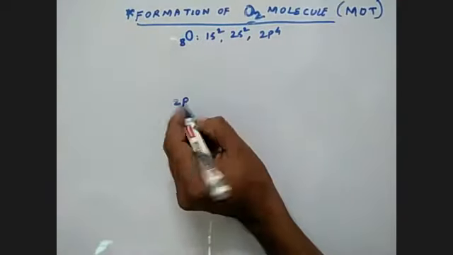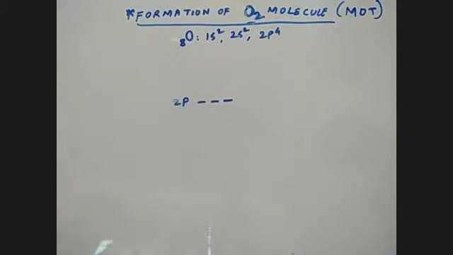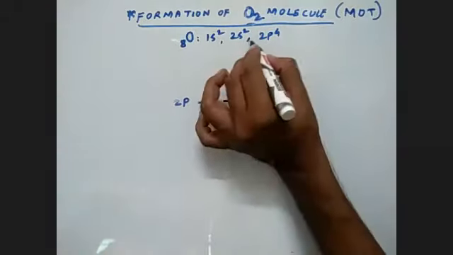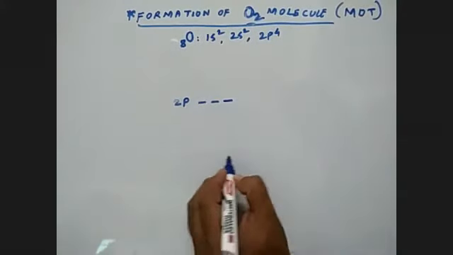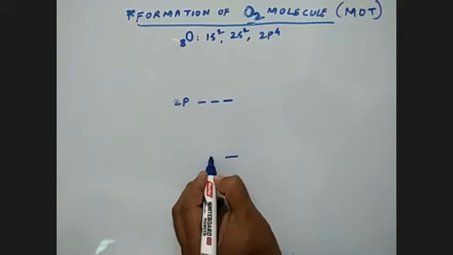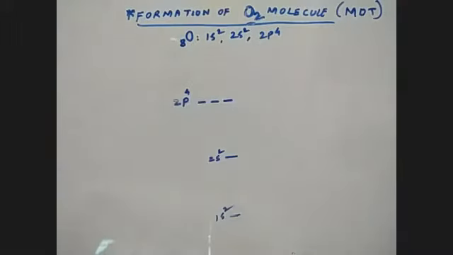So write these 3 orbitals, 1, 2, 3. And what is another? Another lower in energy is 2s2, so we can write here. This is 2s2 which is low in energy. And the last one is 1s2, so we can write here just below this, 1s2. This is 2p4. Fine.